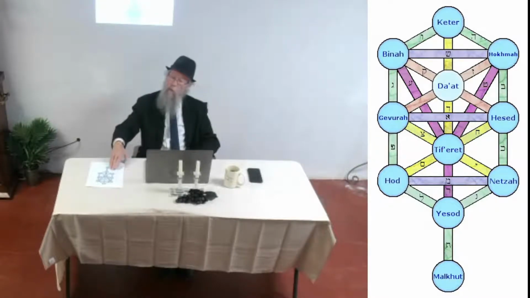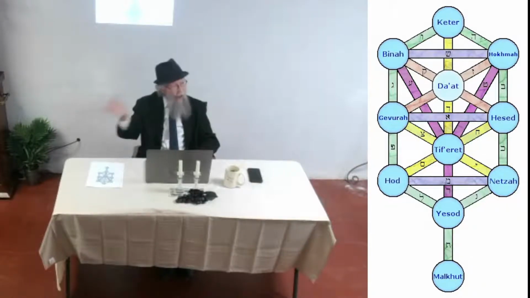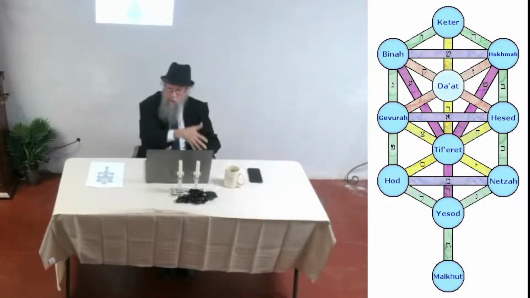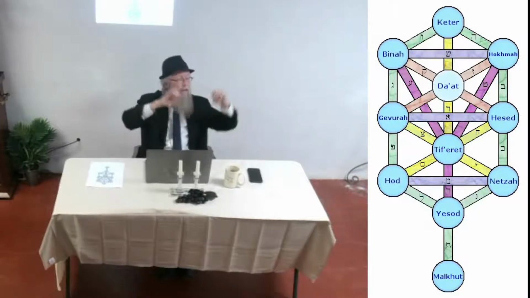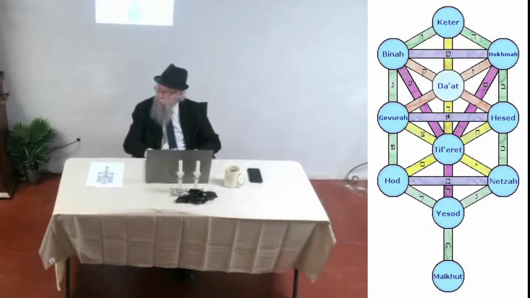What is this about the tree? What is this tree of knowledge of good and evil? It's good and evil. It's not just evil. It's not just bad. It doesn't mean that it's a bad tree. By the way, Chava was not honest with the serpent, with Nakash,